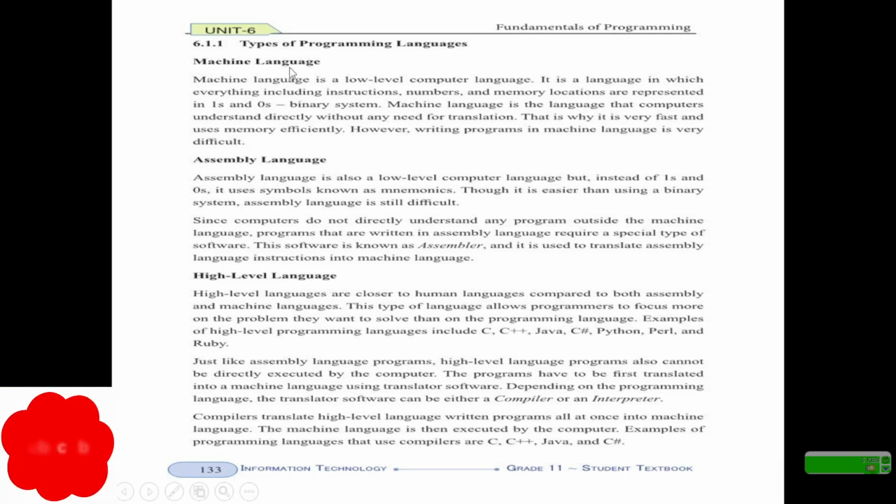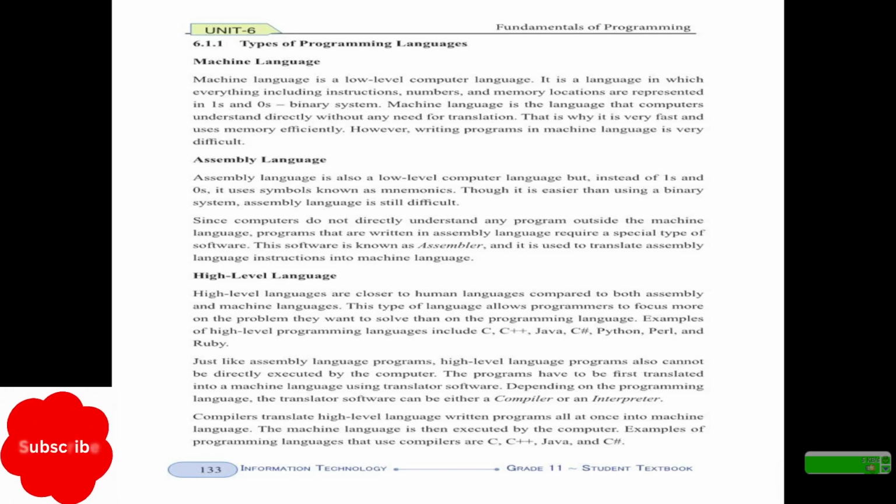Let's see one by one. Types of programming language. Think about the generation of computers and the language of computers. Computers have their own language, which is machine language. When we think about the first generation, only machine language exists. A computer produced around 1940 only performed basic operations: addition, subtraction, and division. It only operates on numbers.